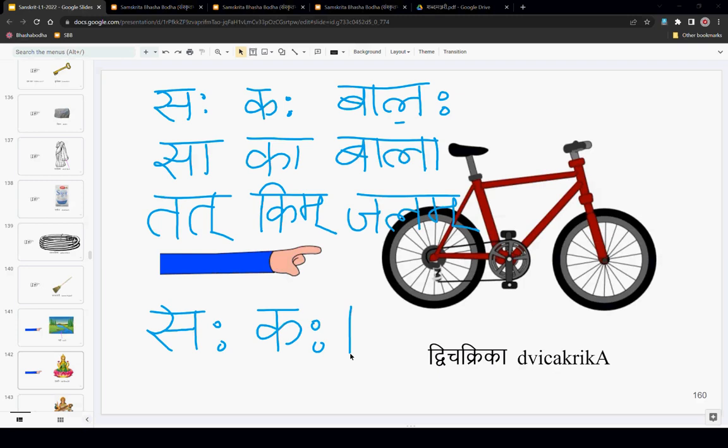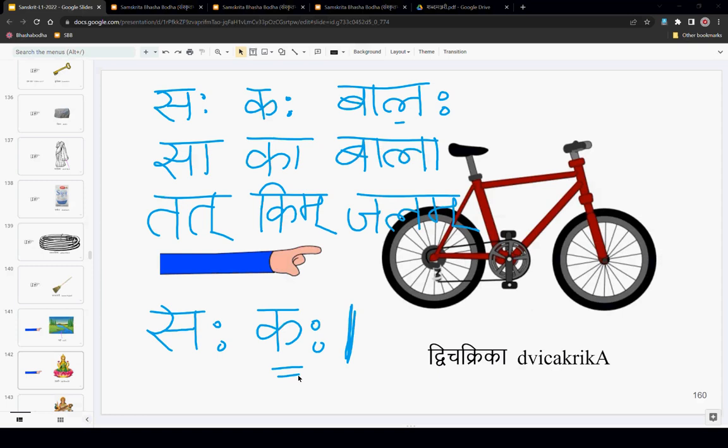We can just say this is the end of a sentence, not a full point but a vertical line ending the sentence. Saha kaha. But while saying this sentence, you have to ask it as a question, right? That intonation. Saha kaha, though it ends with a vertical line here, while asking we know that this